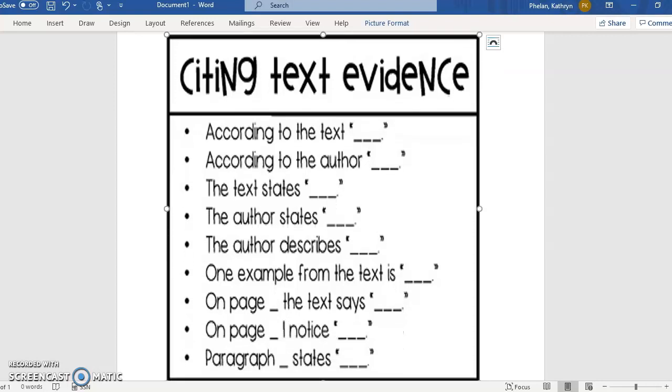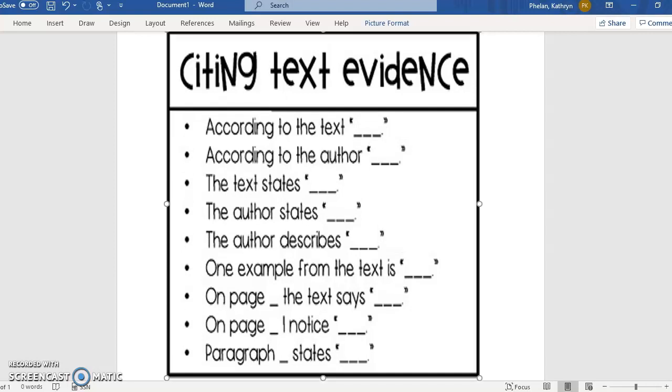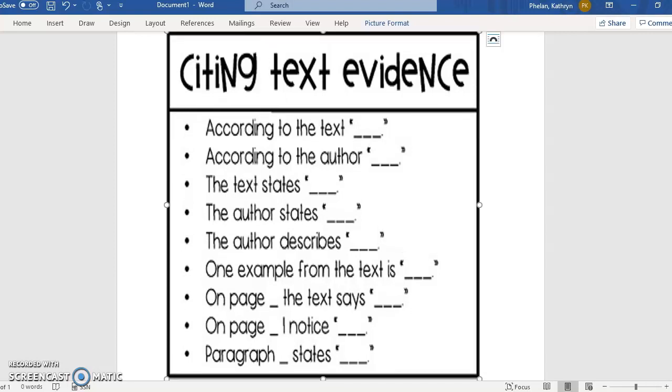By giving some sort of text evidence introduction or sentence stem, you let your reader know that you're about to give evidence from the text and that the words that you're about to cite aren't really your own. Okay, so when we're using text evidence, the essay templates that I give you say something like, in the poem it says, or in the short story it says, but there's many other sentence stems that you guys can use